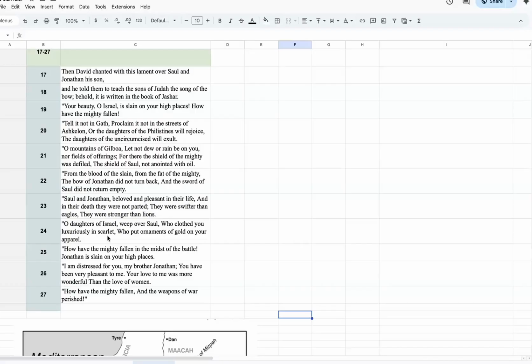So paragraph, and so we'll talk about Jasher next time. Paragraph theme: David's lament of Saul and Jonathan. And then you take your three paragraph themes, and you can start formulating a chapter theme, which would be